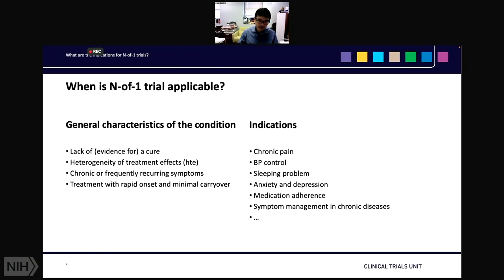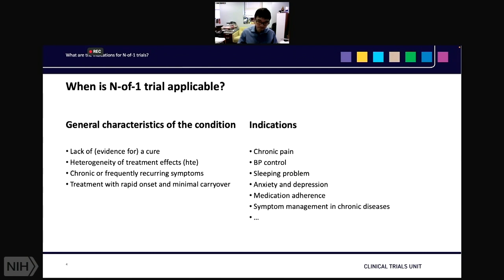And also an N-of-1 trial is appropriate if the disease condition is chronic or when it has recurring symptoms. As you can imagine, if a condition can be resolved quickly, and you want to do repeated experimentation in a crossover study, that may not be feasible because the condition will have been resolved by the time that we switch treatment. So an assumption that we need to bear in mind for running an N-of-1 trial is that we're dealing with chronic